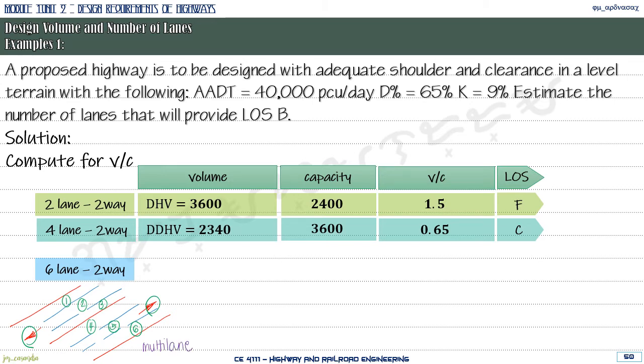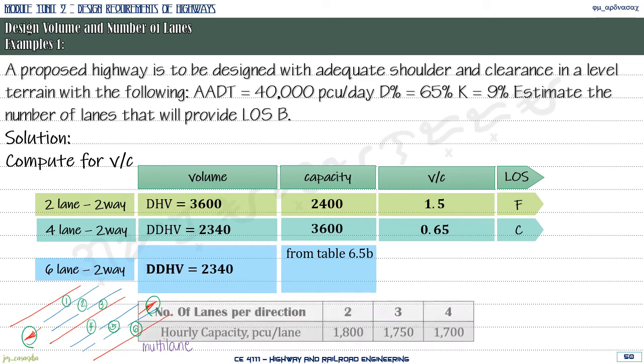So therefore, we'll use again for the volume the DDHV. And since it's already computed from the 4-lane 2-way, the DDHV of the 6-lane 2-way is also 2,340. So what will change only is the capacity of a 6-lane 2-way, the theoretical capacity, which will again be taken